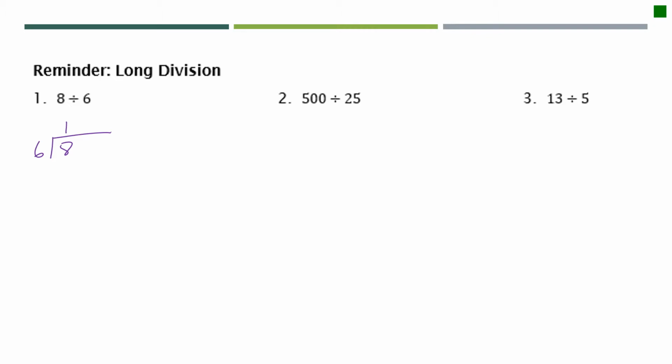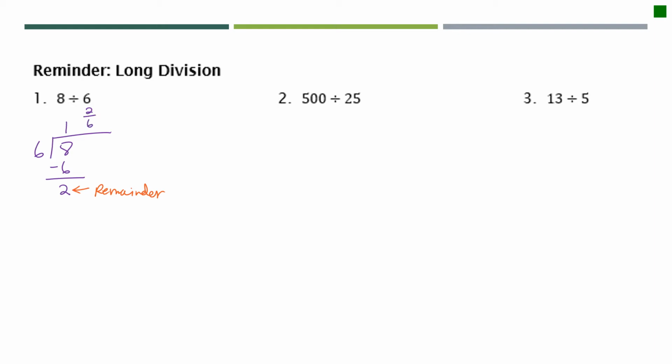Now I multiply 6 times 1, and then I subtract. 8 minus 6 is 2. Now I start over. I ask myself, how many times does 6 go into 2? Well, 6 doesn't go into 2, so that means that this 2 here is a remainder. The way we're going to write remainders, we're not going to write R2. We're going to take that remainder, which is 2, and we're going to write it over what we divided by,